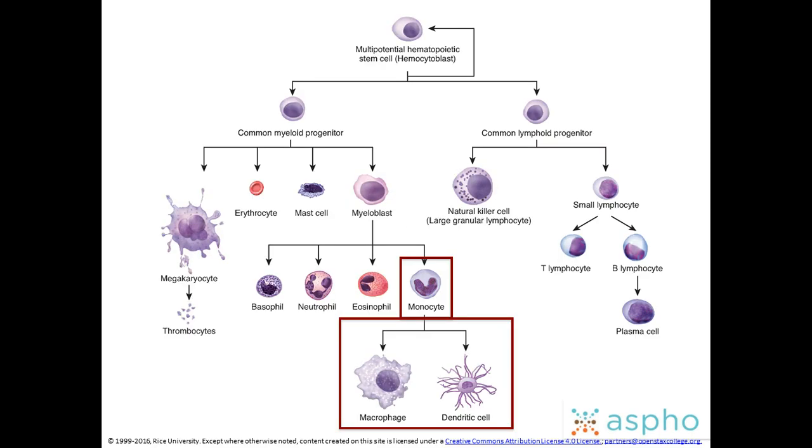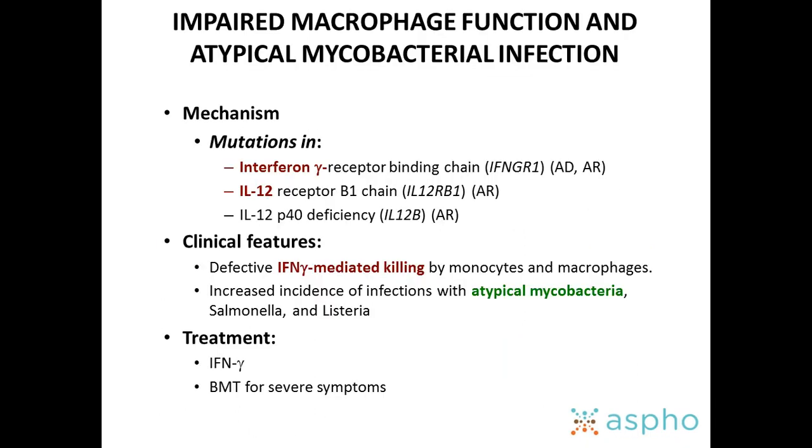Other myeloid dysfunction. The good news is I talked mostly about other myeloid dysfunction yesterday. So we're just going to talk a little bit about what can go wrong with monocytes, macrophages, and dendritic cells. It turns out that macrophages and monocyte-derived macrophages are really important for certain kinds of infections, specifically atypical mycobacteria. And that response seems to be linked to interferon gamma function. So when you have an interferon gamma receptor deficient patient, the classic scenario is that they have atypical mycobacteria infection. And if you get that question, you want to look at the interferon gamma receptor gene as well as the IL-12 receptors.